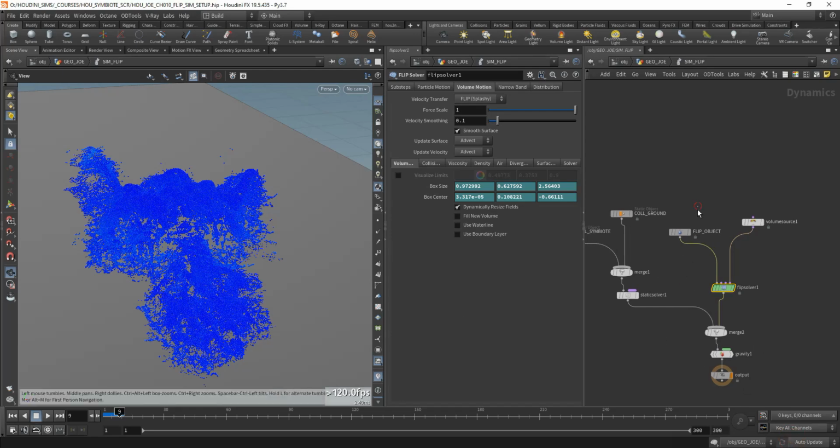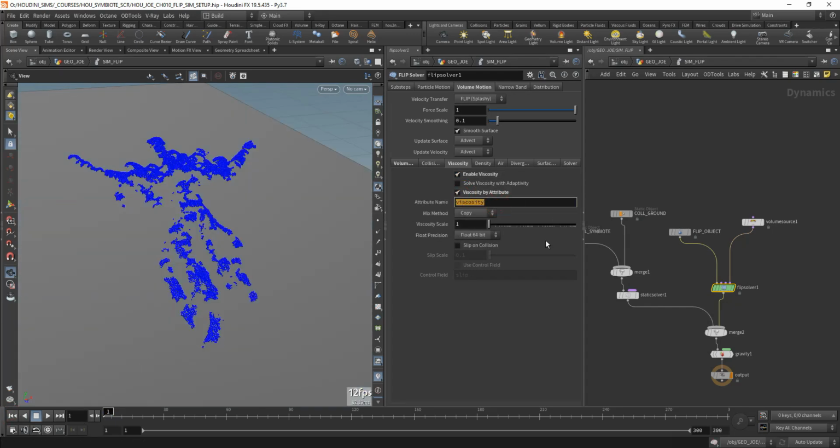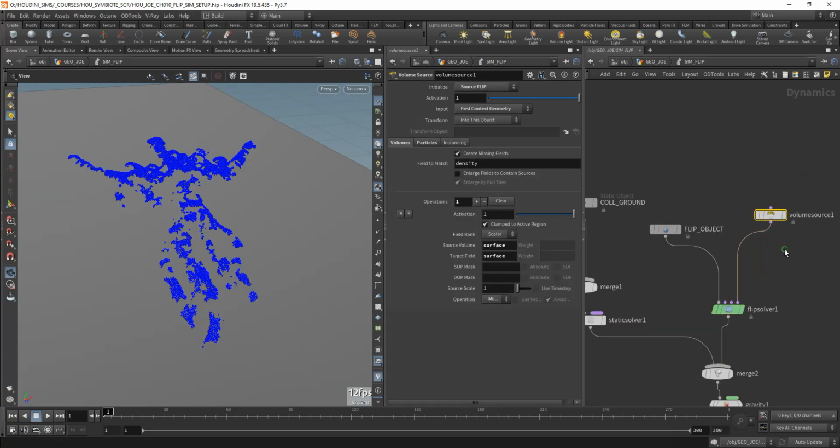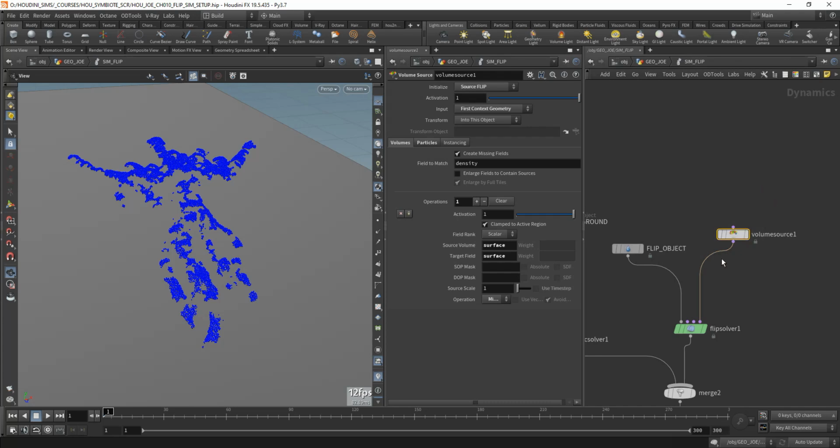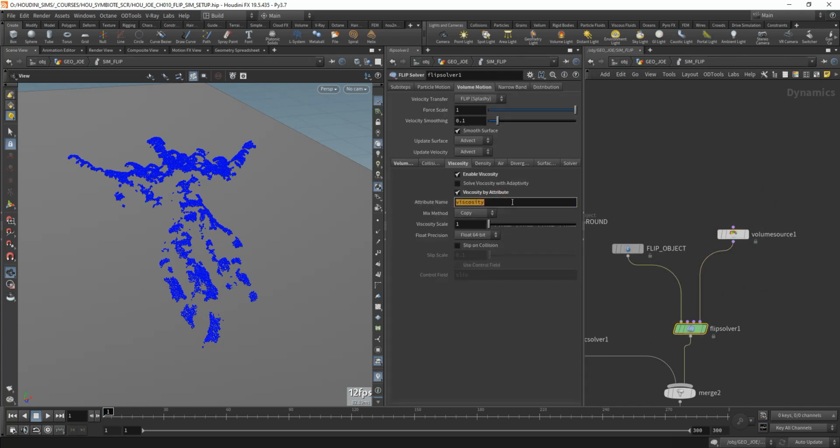So in order to add the viscosity, we'll go here and read the viscosity from an attribute. It's called viscosity. We created it earlier. It's sourced right through this volume source into the sim. The sim reads the particle attributes. If it sees the viscosity attribute, it's going to read it and copy it and introduce those newly created particles